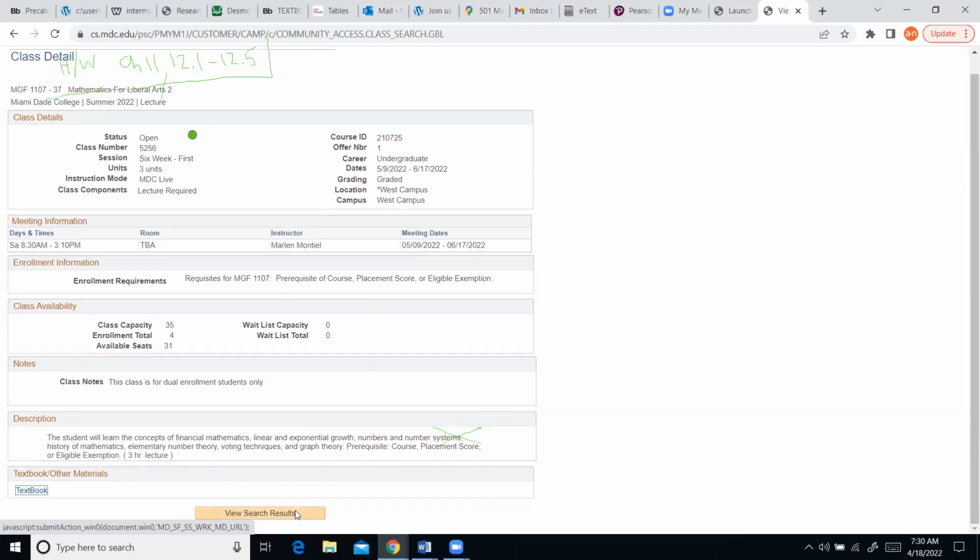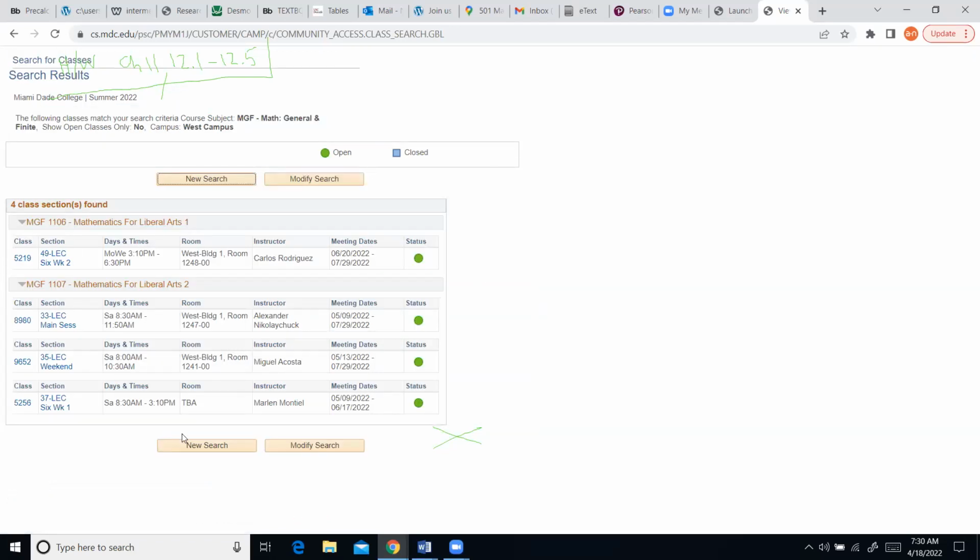So I highly recommend that you add it, if you need 1107. Well, think about it. But again, if you wait till Wednesday, it's probably no longer going to be available. And it is running only once a week on Saturdays. It starts on the 9th of May, so it's still plenty of time. And it's a summer, so we have a 12-week semester. So it runs till the end